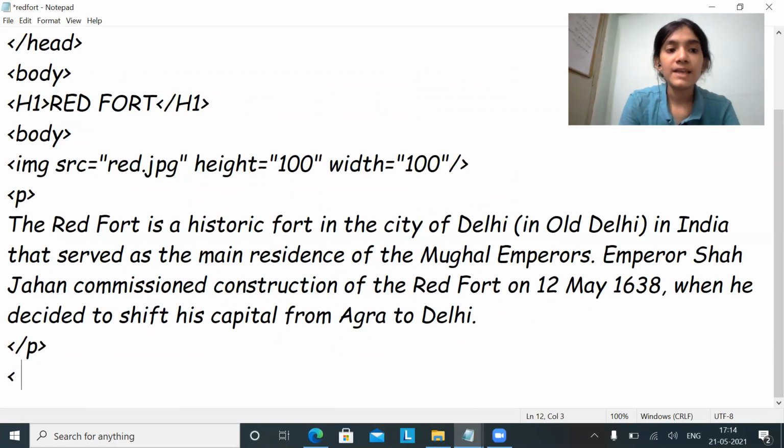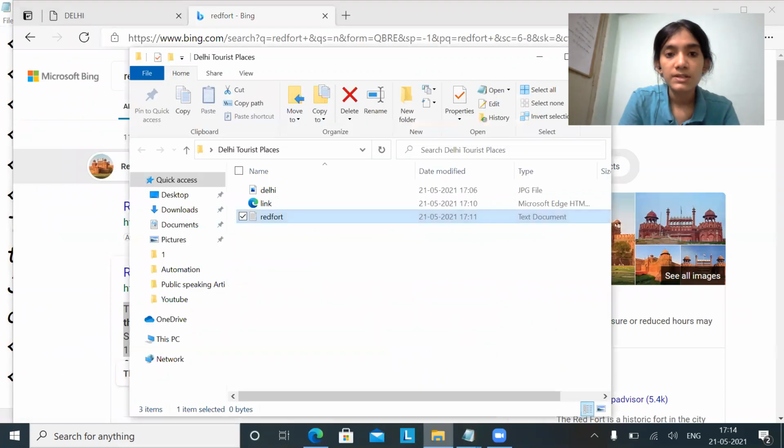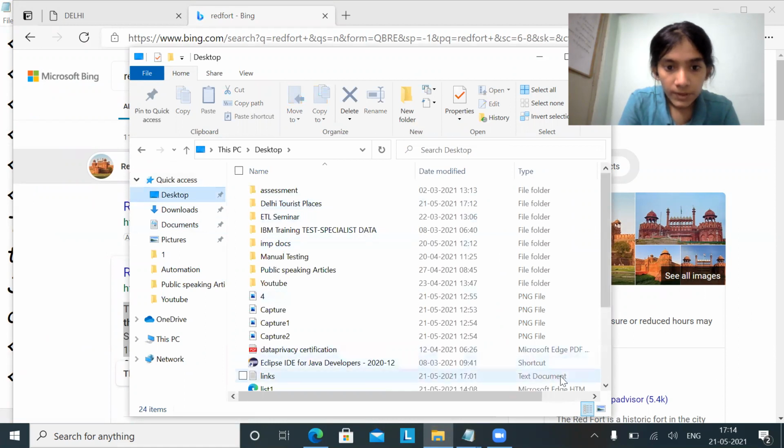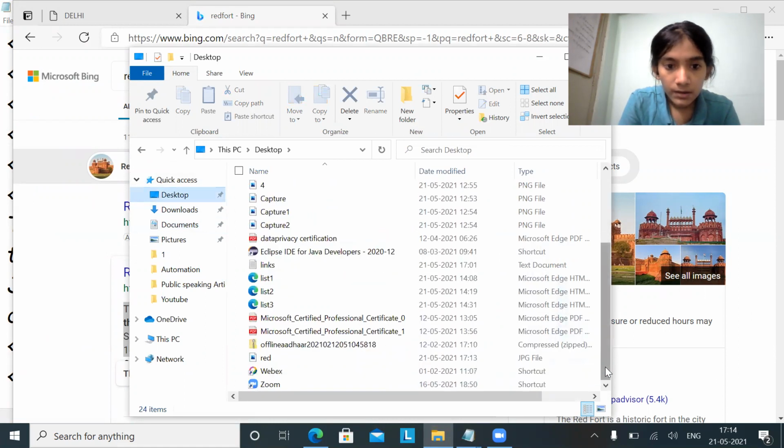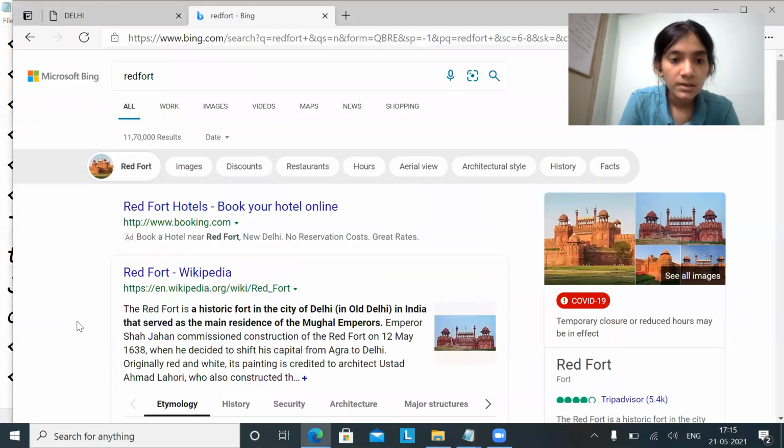And let's say I just want to create one more hyperlink so that we'll come back to the home page, that is the Delhi page. Okay, so what I need to do, I need to just go with href equal to, the file name was link, right? It was link, I suppose. So let's see if it is link or not. Yes, it was. Yeah, it is links only.